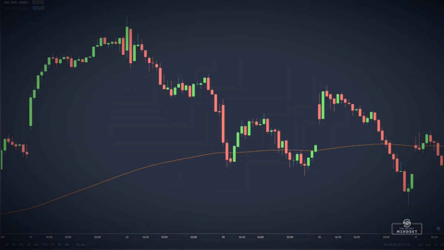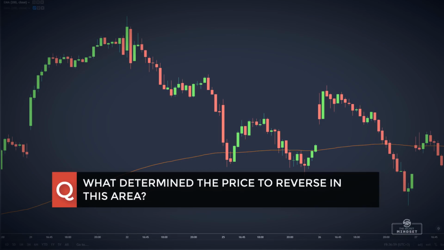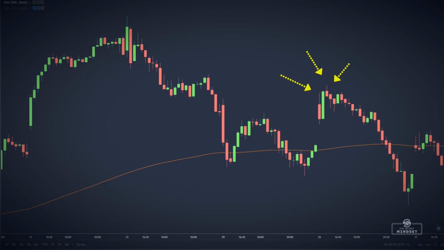Hey guys, let me ask you a quick question. Take a look at this chart with the 200 exponential moving average on it and try to find out what determined the price to reverse right in this area and was unable to move higher. What hides there and what is so important in that area that made the price reverse and go the other